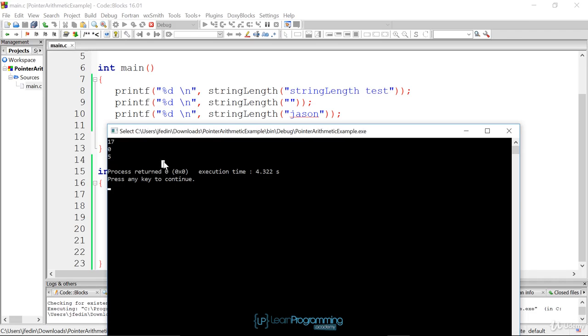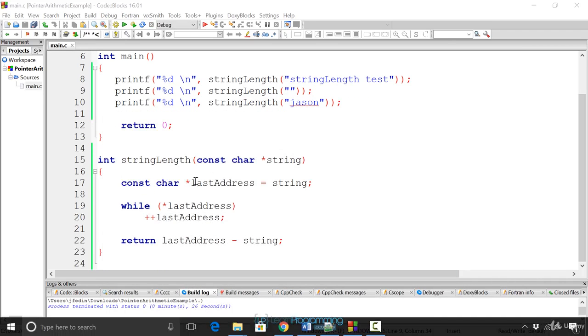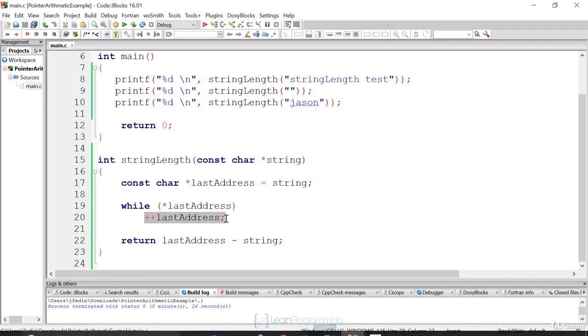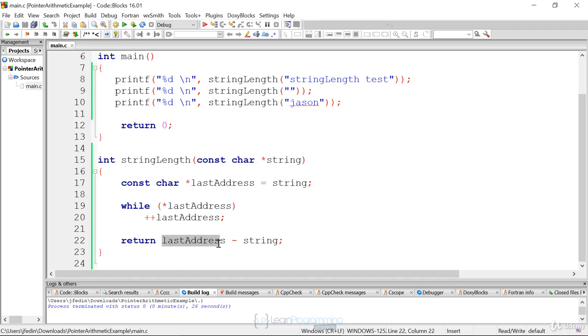That's correct. So what we did here was we used pointer arithmetic to get the last address, plus plus, the incrementation operator, and then pointer arithmetic to get the length by minusing the last address minus the string. Pretty neat. I'm trying to demonstrate the power of pointer arithmetic, the notational convenience of it. How you can easily increment, decrement to get to various spots in a character array and get the characters out. In this case, we're just getting the addresses